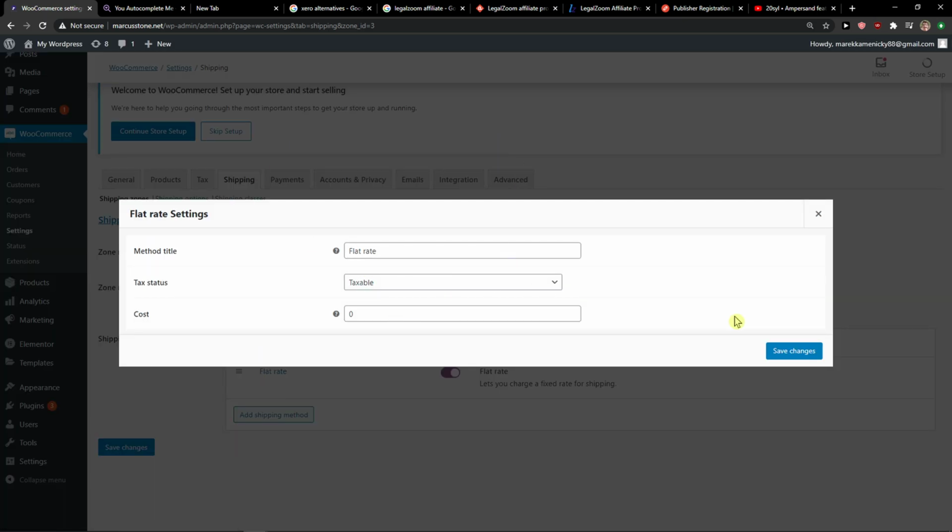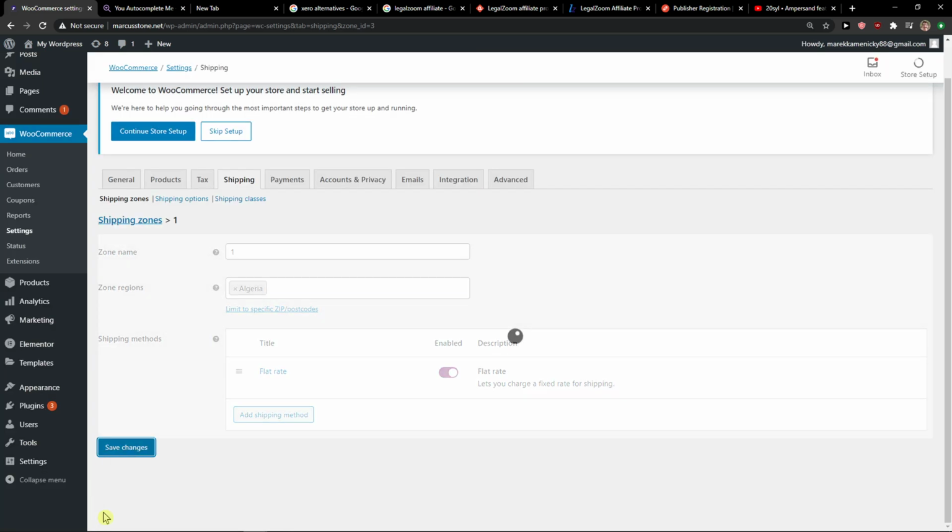Edit the flat rate. 5. Save changes. And this is how you can add shipping